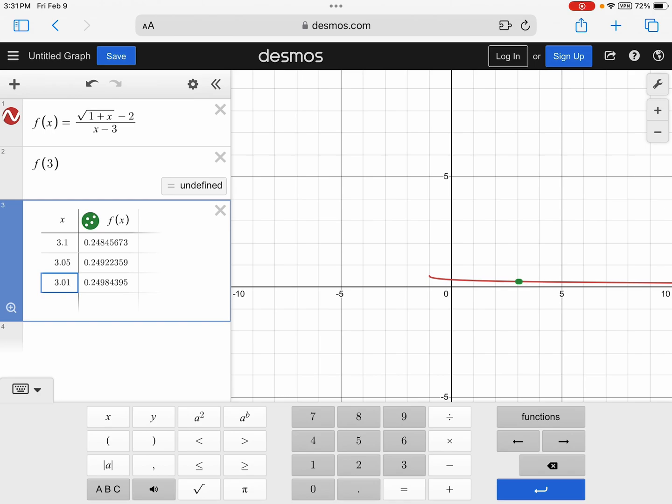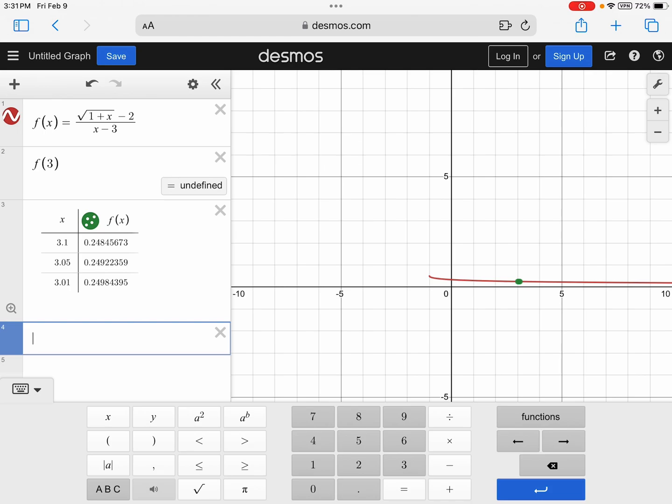Already this is very useful because you can quickly make a table of values in this way. And of course, this is much more efficient than using just a standard calculator and having to work with a specific x value every time, where you would have to plug it into the calculator and do lots of clicks before you can get to the value of the function. But with Desmos, you can automate this process even further